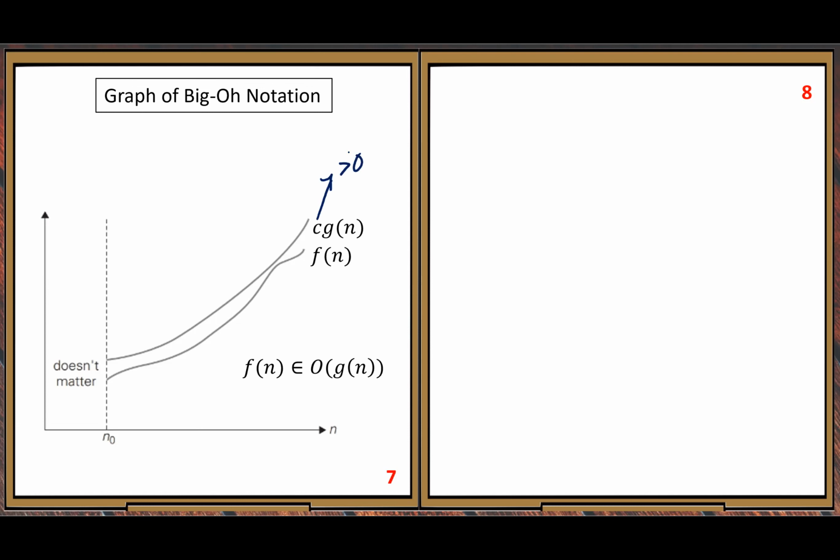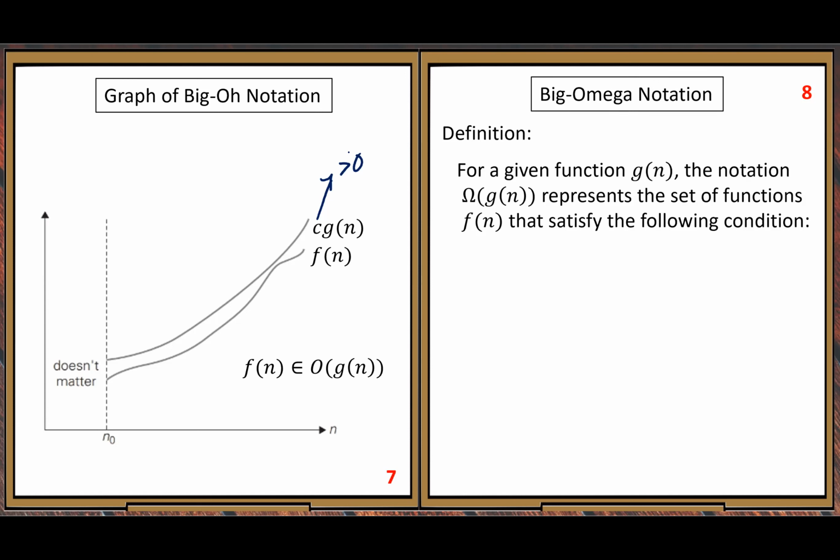That's the first one. Second, big omega notation. Let me explain. We have little omega, right? Little omega: the limit of f of n over g of n equals infinity. That's little omega. But similar to our big O case, we have big omega notation. So what is big omega? Definition of big omega. For a given function g of n,